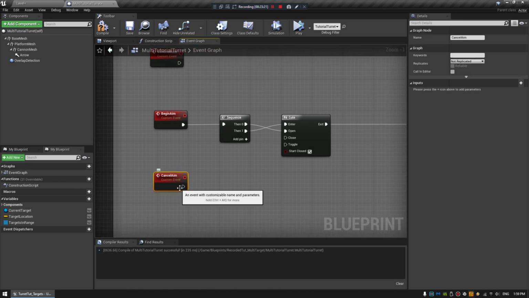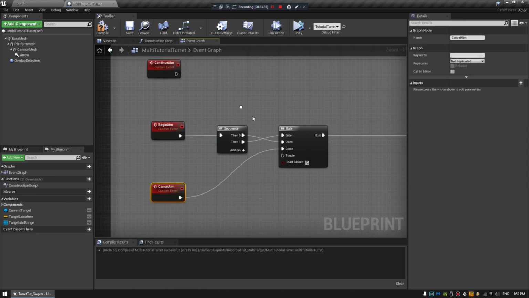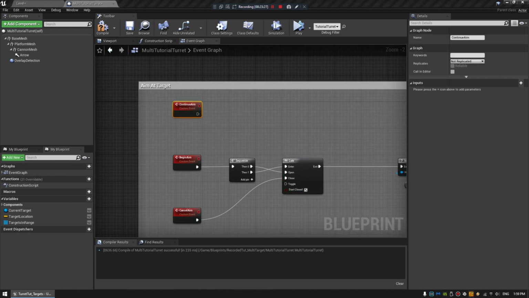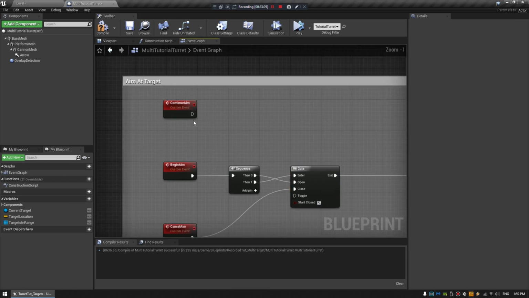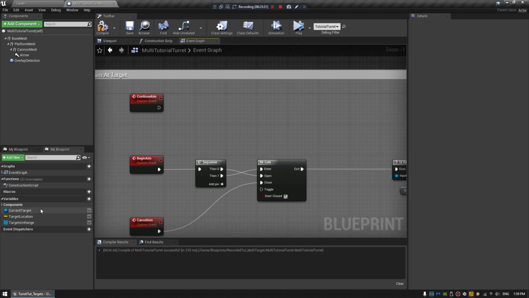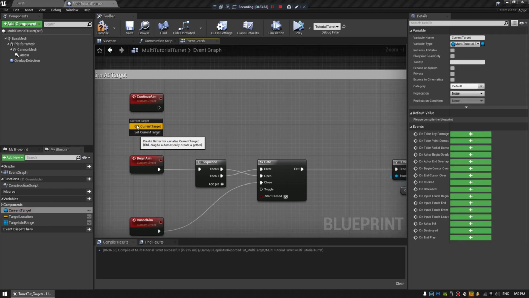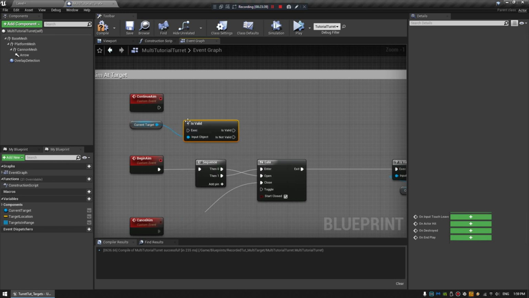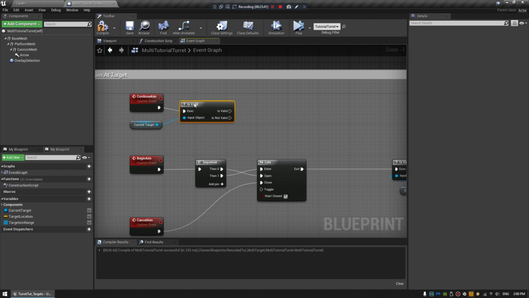So cancelling the aim, all we do is close, so it will no longer continue aiming. Then what we want to do is check if our current target is valid from the continue aim,